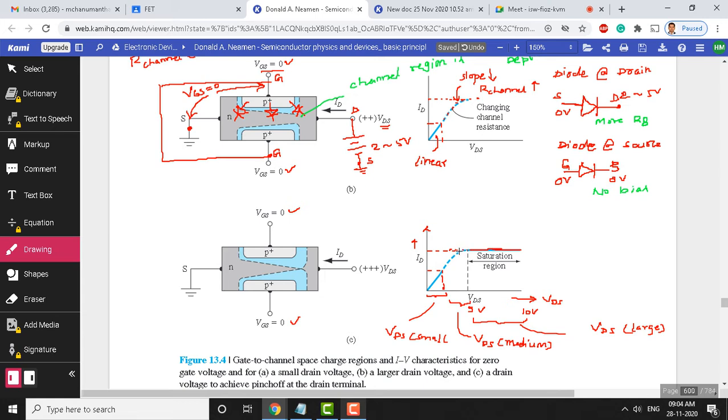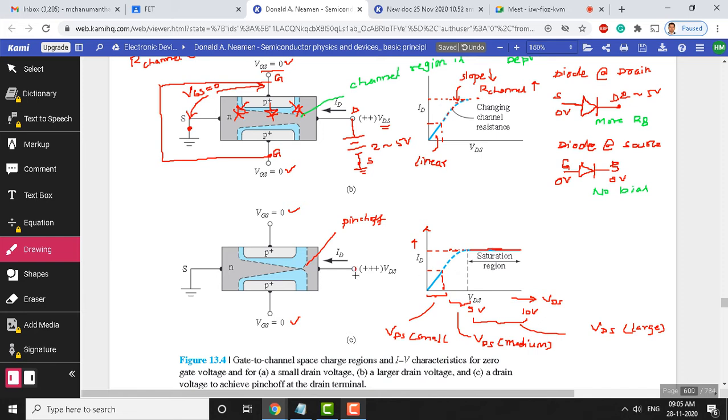The reason for current becoming constant is that the channel region is completely blocked by the depletion region. The diode we have shown here becomes further reverse biased, and the depletion regions from the upper gate and the bottom gate just overlap. Exactly where it meets is also called pinch off. It blocks the charge carriers from source to drain, and current also cannot move from drain to source.